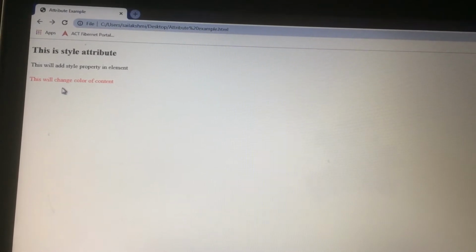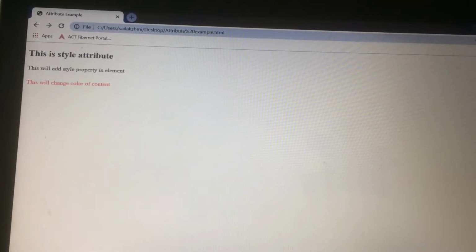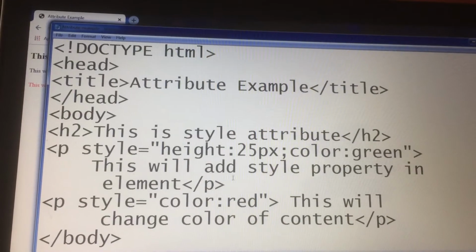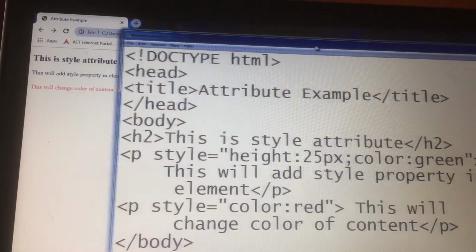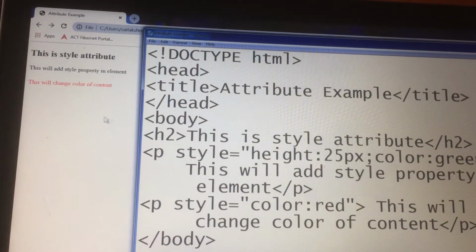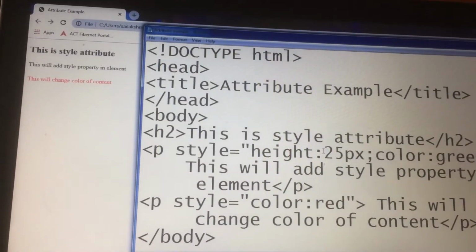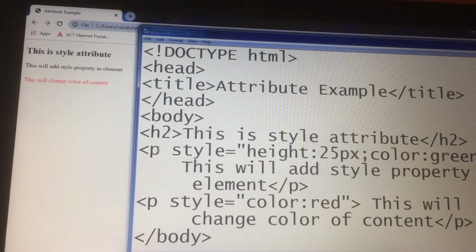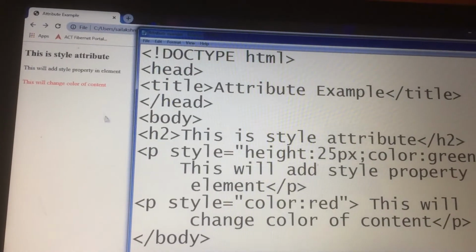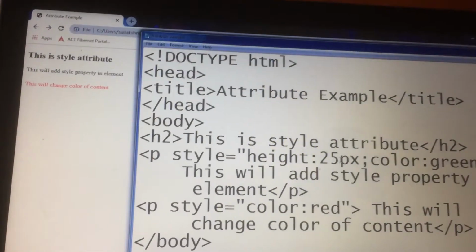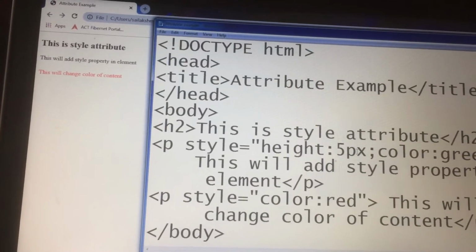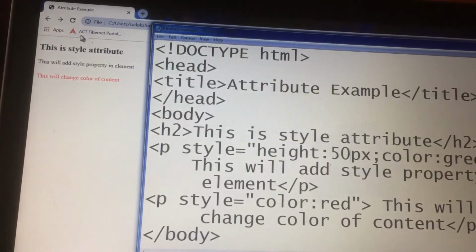Here I have given height equals to 25 pixels. So that is the difference between this para and this para. If suppose I give height equals to 50 pixels and refresh this.